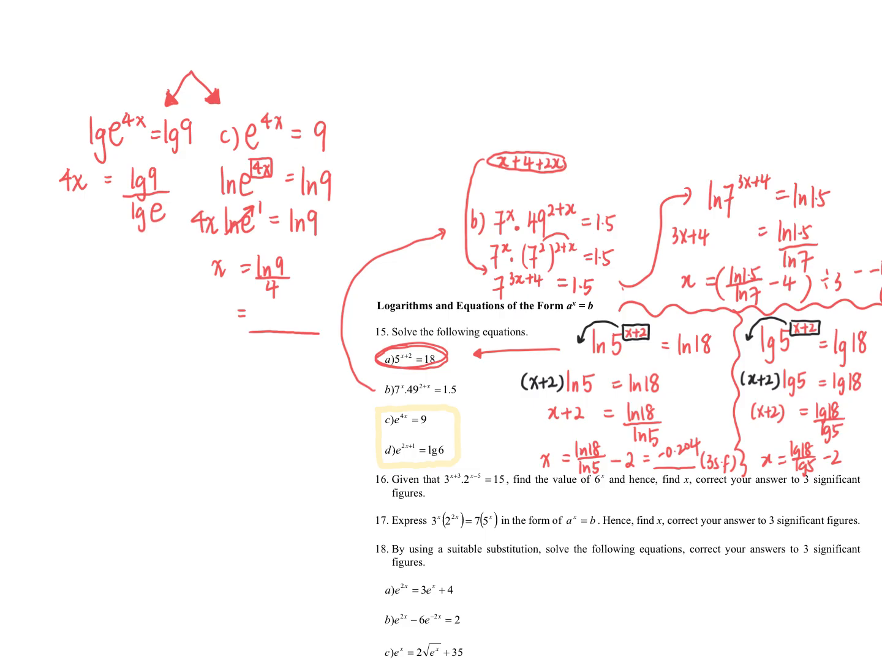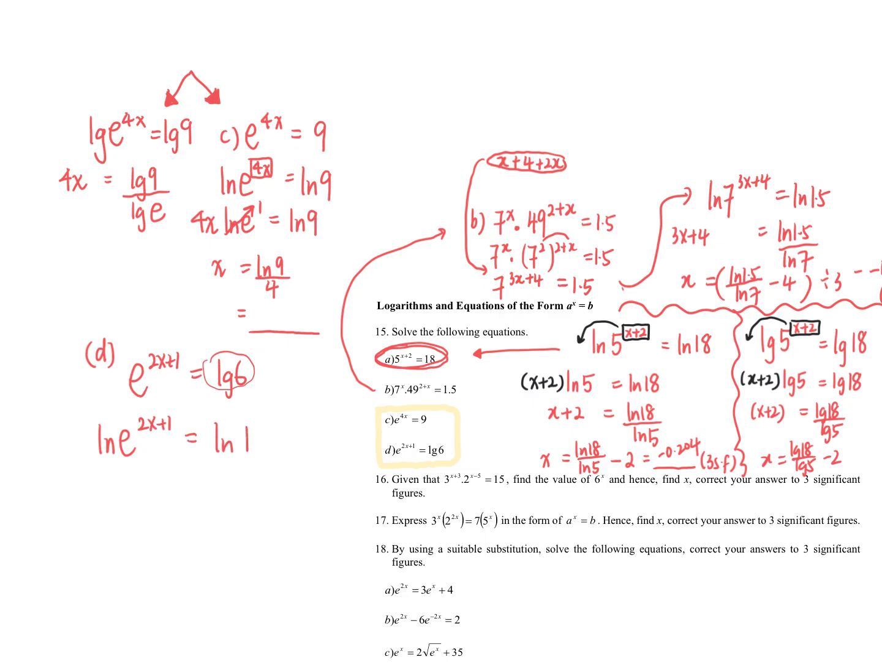You learn a log function, but it's a number to begin with, so no difference. Okay, last one, part D here. e to the power of 2x plus 1 is log 6. This log 6 is just a number, so you don't have to worry about it. It's just a constant number that you have there. So if you ln both sides,